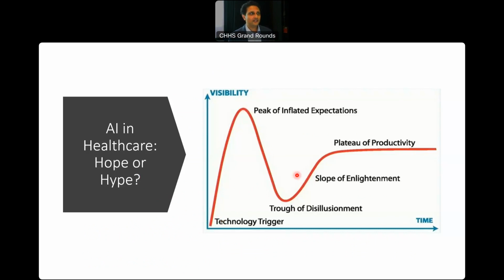And then you get to this steady state where you make sense of it and you see the utility of the technology. And I think with AI, we're still here in the upslope, thinking it's going to do great things and be amazing. But we're going to hit a phase where we start seeing the problems, but we shouldn't throw the baby out with the bathwater. We need to see how we actually integrate this in a positive and safe way.